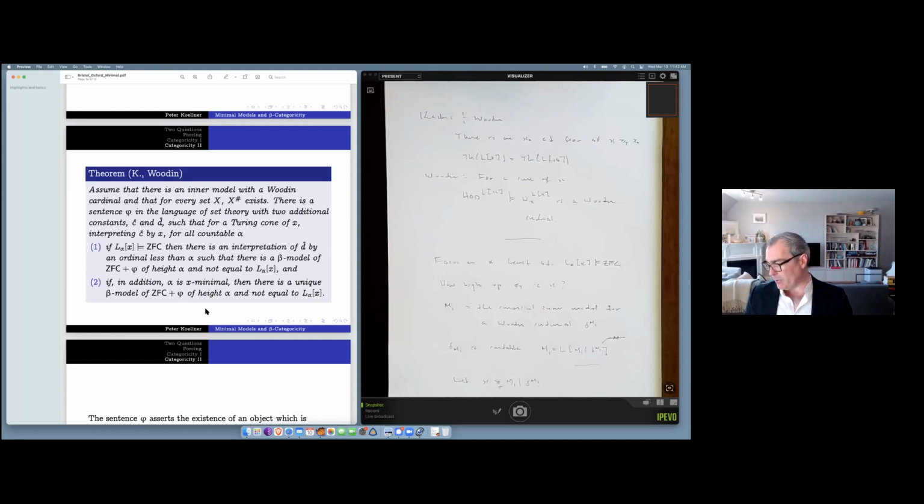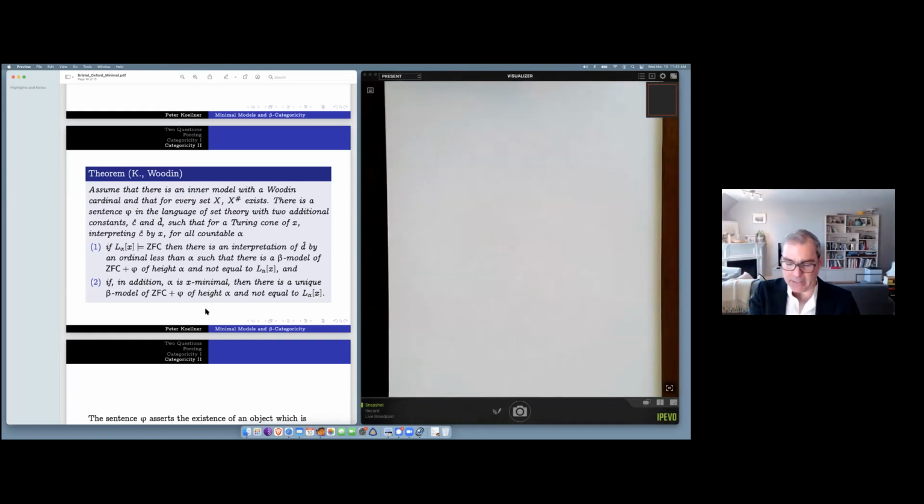What we're trying to do is give an analysis, we're trying to get a canonical model in this context. It's going to be ordinal definable. And then the object that we're going to add to it is a branch that is unique. And it's not in L alpha of X, but we can describe it using machinery in L alpha of X. So backing up just a bit.